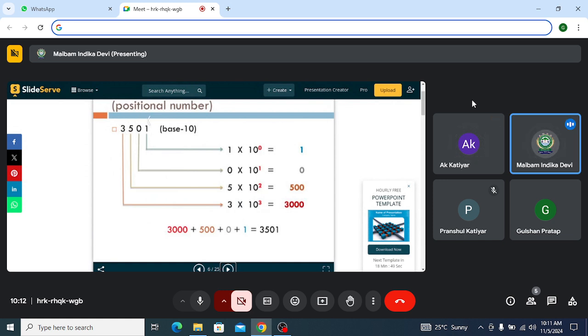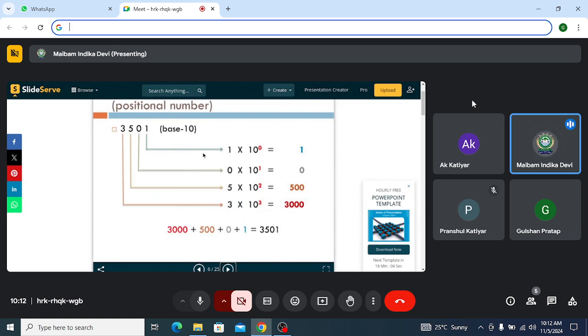If you start numbering from the rightmost or the least significant digit, and you proceed towards the most significant digit, since rightmost is the least significant digit, you start counting the position from 0. So 0, 1, 2, 3. Clear? Since the base is 10, this formula will apply with each and every numbering system. Only the base will change. So the digit 1 multiplied by base 10 to the power position. The position of 1 is 0, so 10 to the power 0 is 1. 1 into 1 is 1.